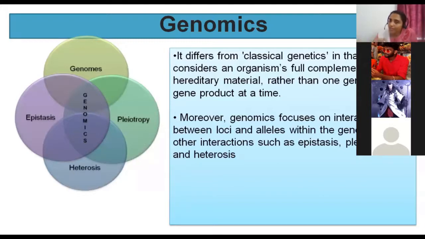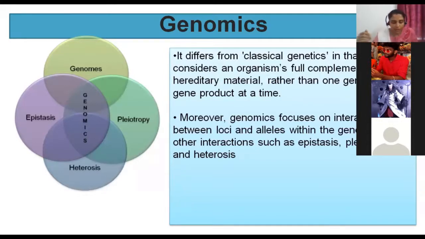If needed, we'll go into detail later. So epistasis is the interaction of genes which are not alleles. How that interaction is, how is one gene having a suppressing effect on another gene. You have a gene, how that gene is suppressing another gene. Suppressing means inhibiting another gene. So the study of that is called epistasis.